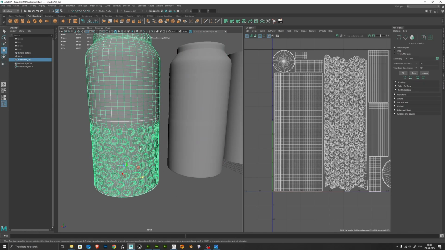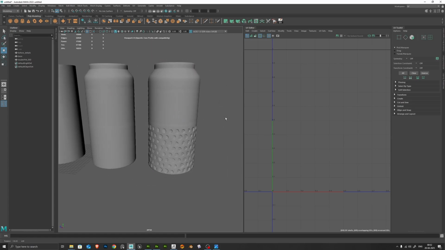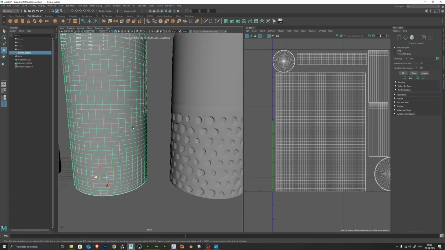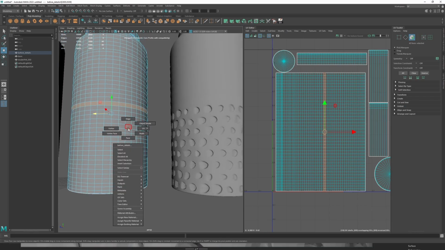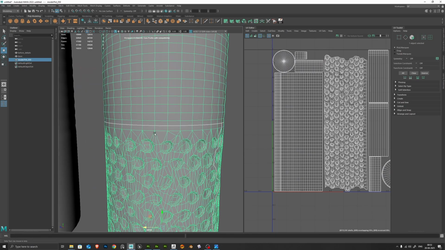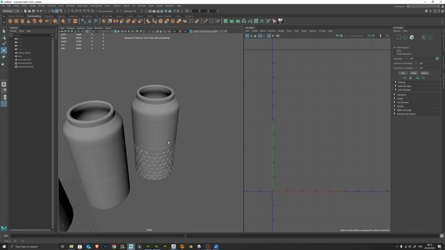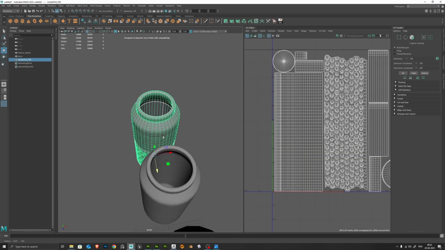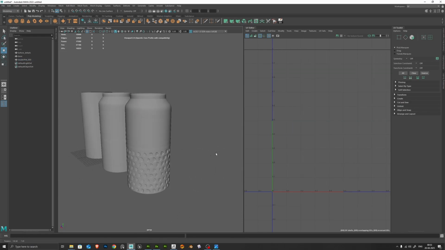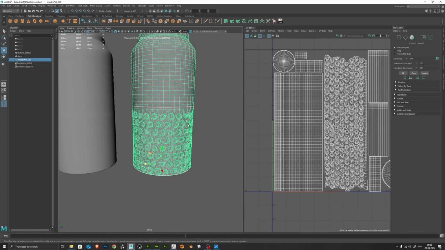So from this to this, I deleted this part of the mesh till this part and I have joined both of them, so I get this final result of the model. So this is how I created this low poly version,